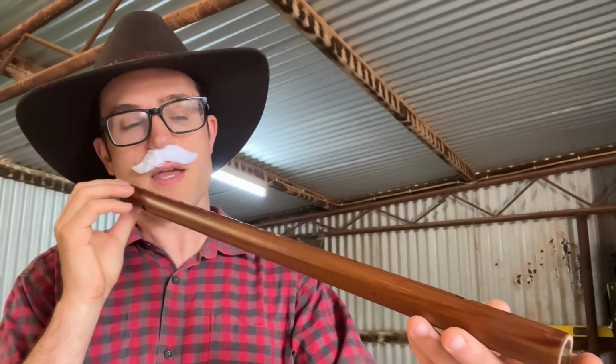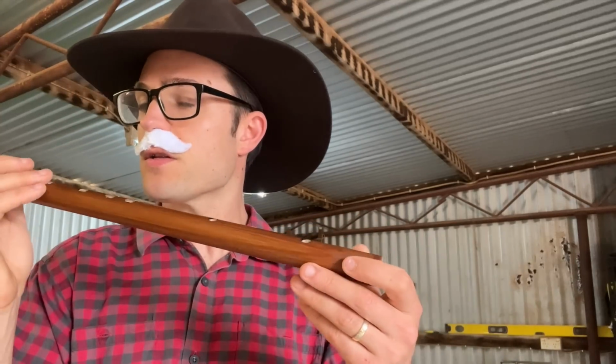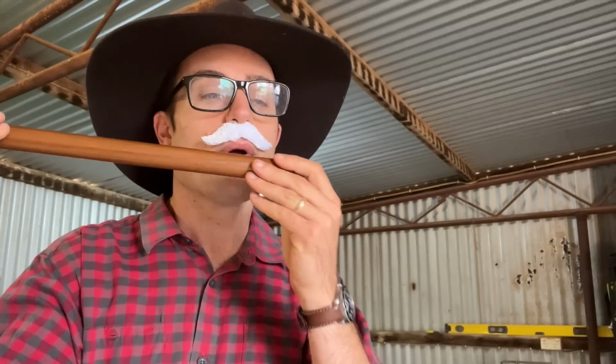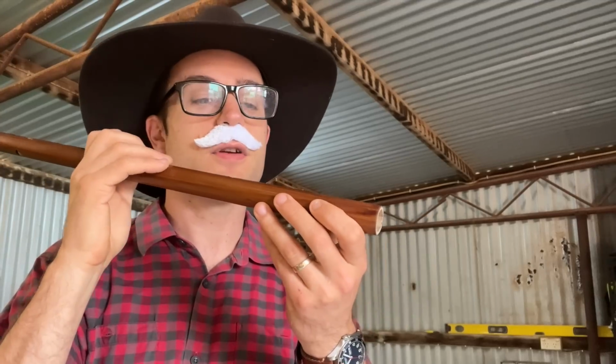Now, these old skills, they got a bit of rust on them, but it's a bit like ice skating or figure skating when I used to do that. You have a couple of months off, and it takes you a little bit of time to get back on the skates or on the bicycle. So yeah, I reckon I can carry a tune out of this. Why don't y'all